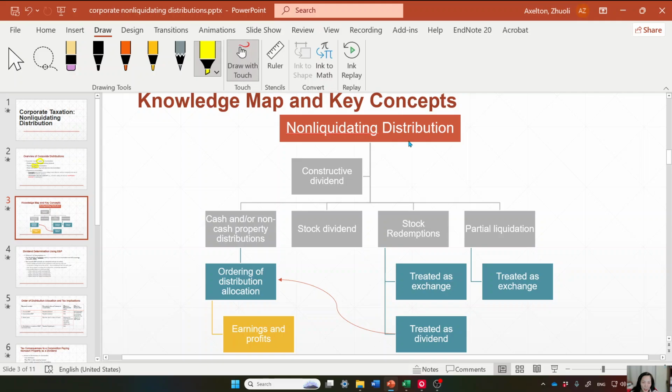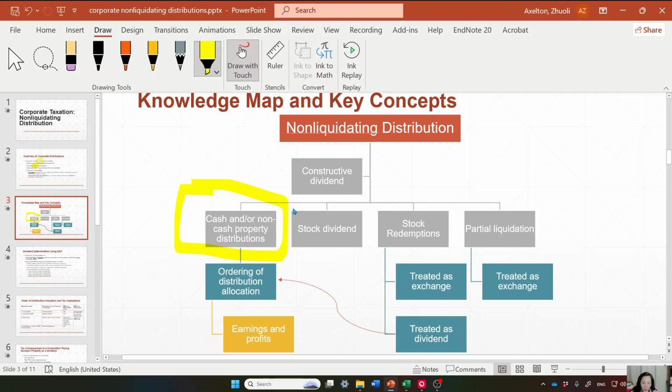So the non-liquidation distribution covers, as the primary form, a normal cash distribution, or combined with a non-cash property distribution, in terms of land or building or warehouse. So those distributions, and of course,